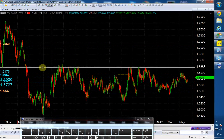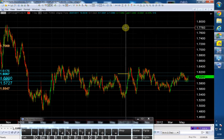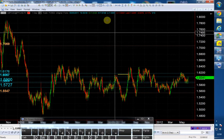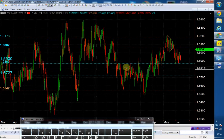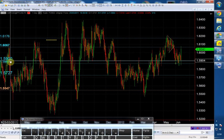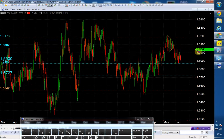If you look at the pound CAD, it is pretty much the same setup. Your trend is to the downside, it is consolidating, moving sideways, but as you can see here, there has been an interesting development in the pound CAD. We had two structure points, one which is the 159 handle, and the one above it is the 160.67, and we closed the week at